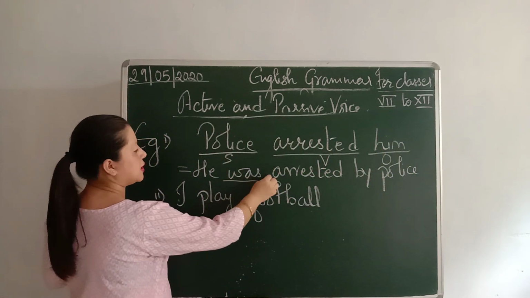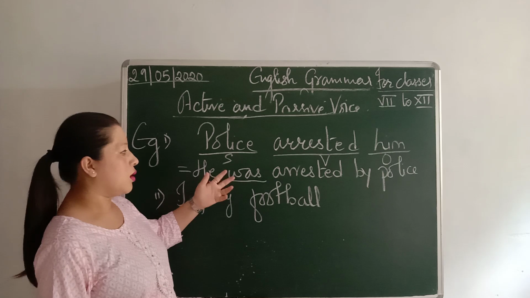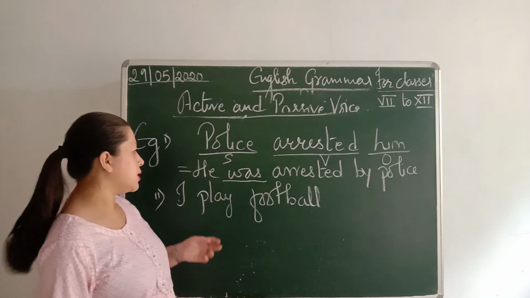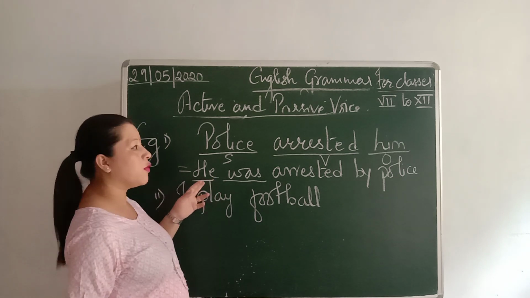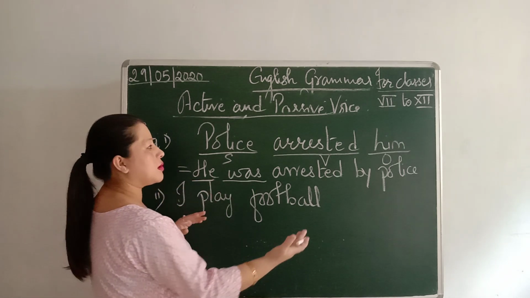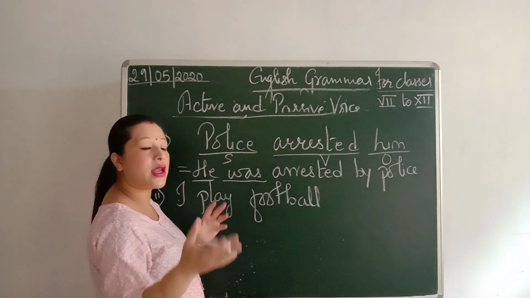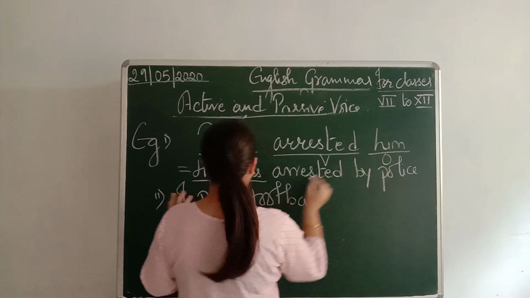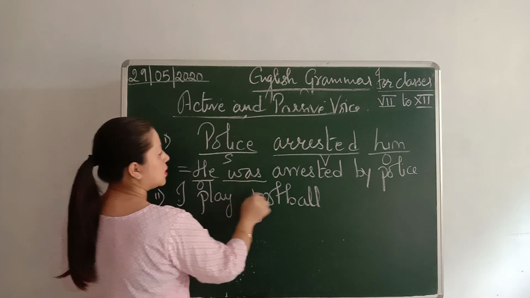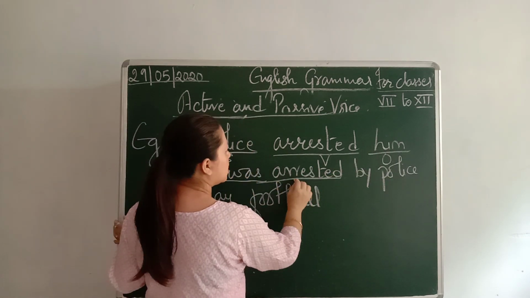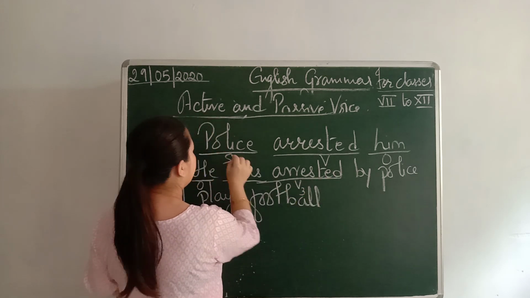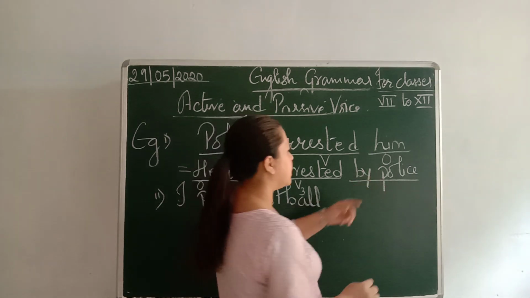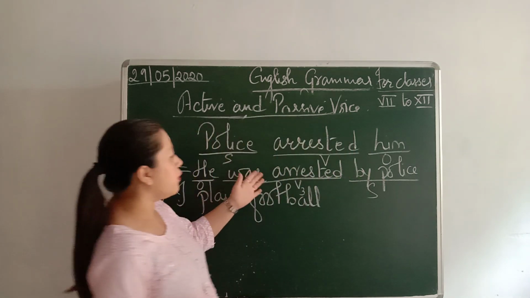So your "was" is there. When you are changing it into passive voice, this "was" shows that the sentence is in past tense. This is a helping verb which I told you about. "He" and "him" change: when a word is in the subject or the object position, it changes to the other form. So your object came first, that is "he was arrested". This is the verb in the third place, and then "by" is the prepositional word. So "by police", this is the subject. So this is how you change.